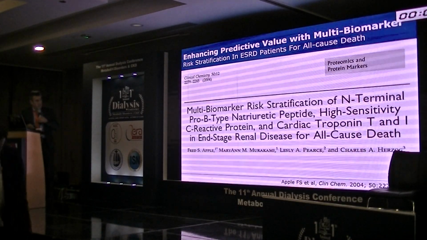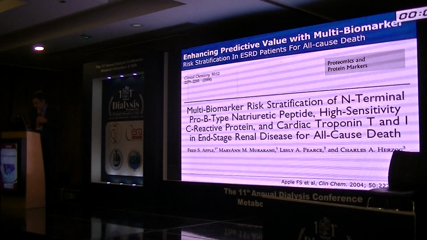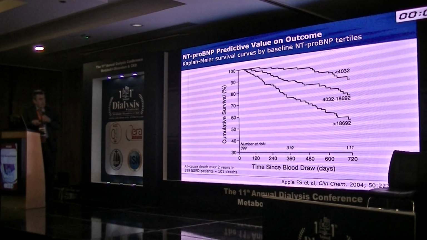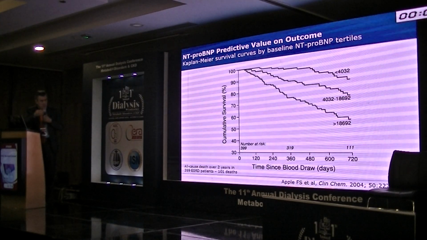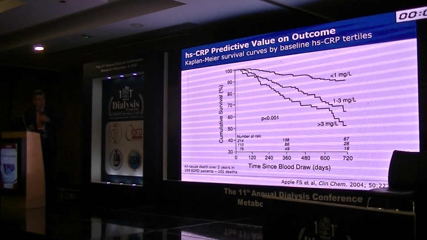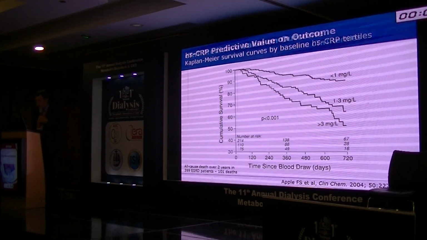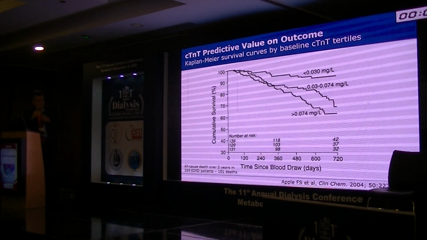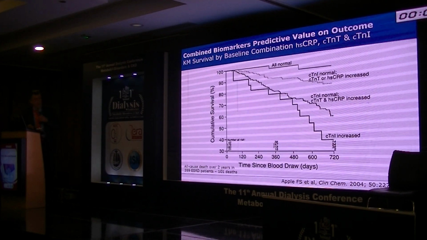And the last step is, of course, if you want to enhance the predictive value, to combine them with a multi-marker approach. If you look at pro-BNP, you can have information about the risk of the patient to die on dialysis. You see the value, 3 deciles. Now, if you look at CRP, you know the story. 3 deciles, you can identify the patient who can die. If you look at troponin T, same design, you can identify the patient. And of course, now if you combine all these elements, you have